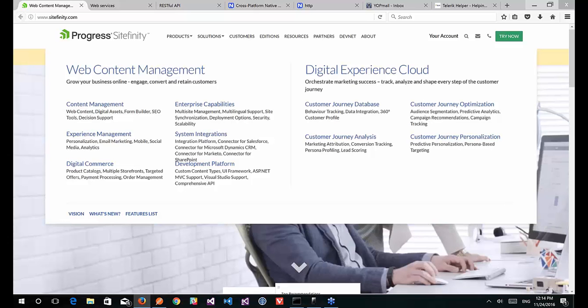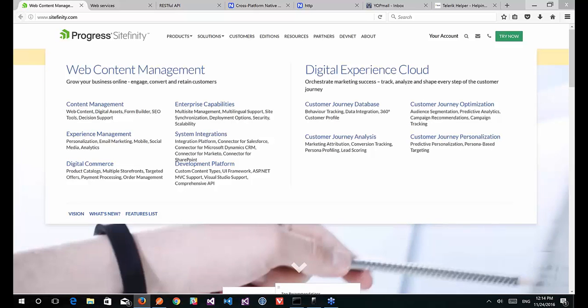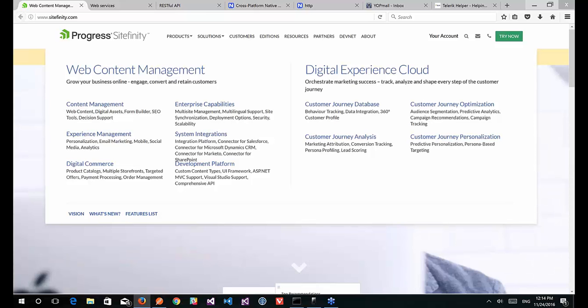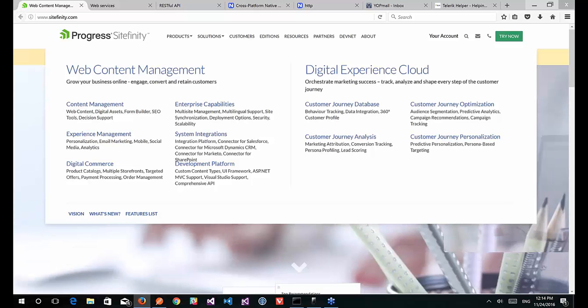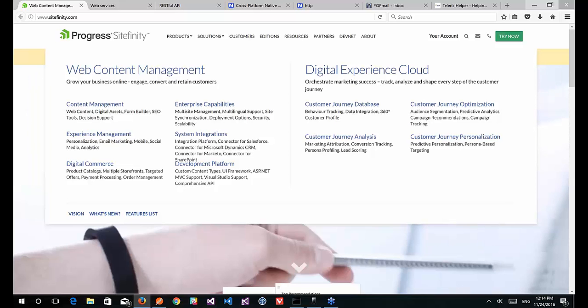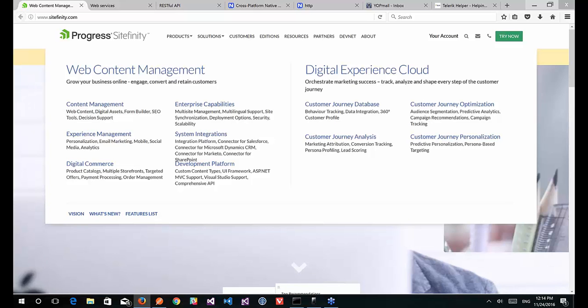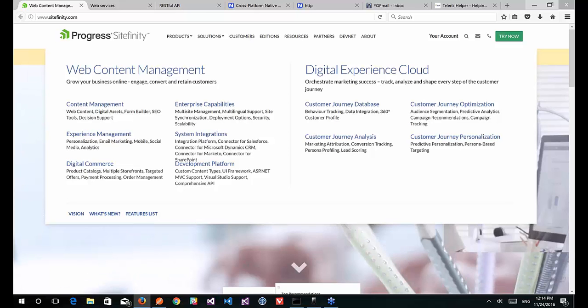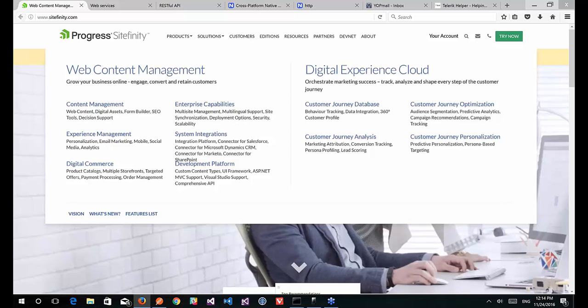You can listen for the events within the Sitefinity system, react to those events, or create your own custom widget. All those things are available out of the box. Sitefinity gives you a lot of widgets. If you want to write your own widget, well, you can always do your own widgets and then do stuff. So this is just a quick overview of what